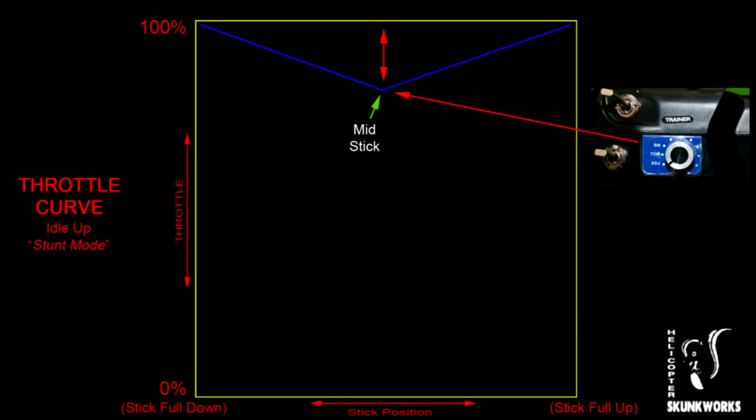What you're seeing now represents the throttle curve, and I want to explain this graph to you. Once again, going from left to right, all the way to the left represents your stick in the full down position, all the way to the right represents full up, and right about in the middle would be your mid-stick position. The blue V-shaped line there represents your throttle curve. From the bottom of the graph, the bottom would be zero throttle or zero motor output. The top of the graph